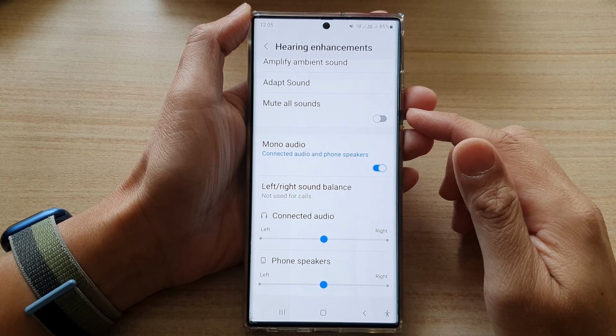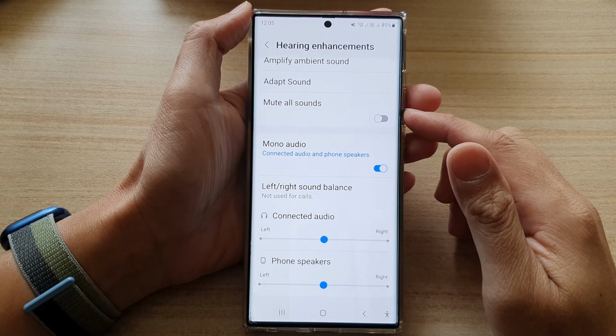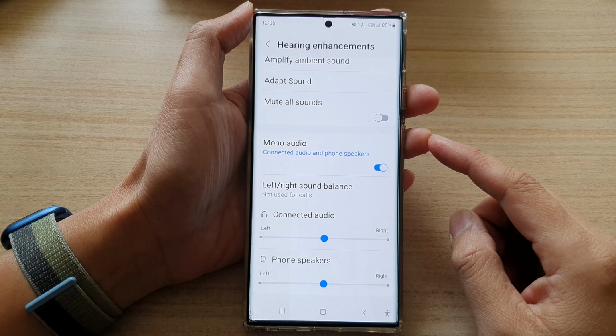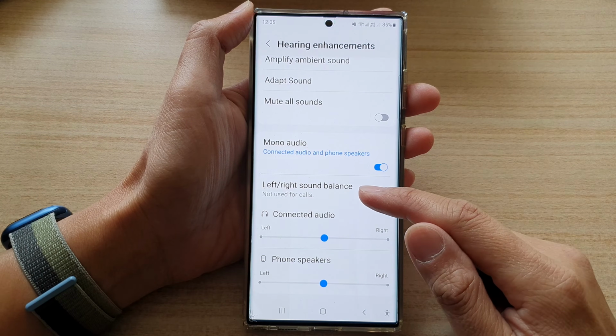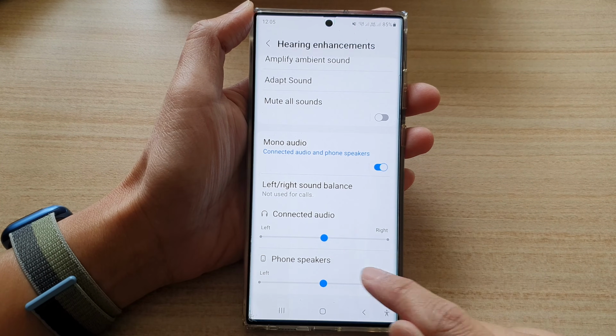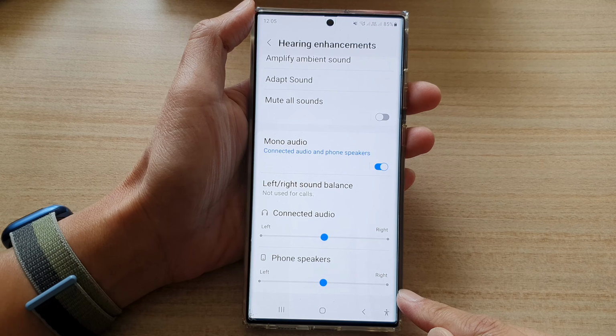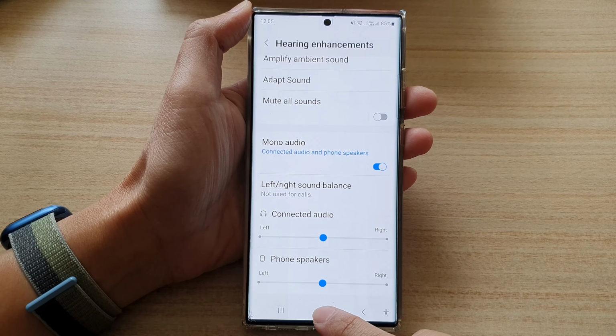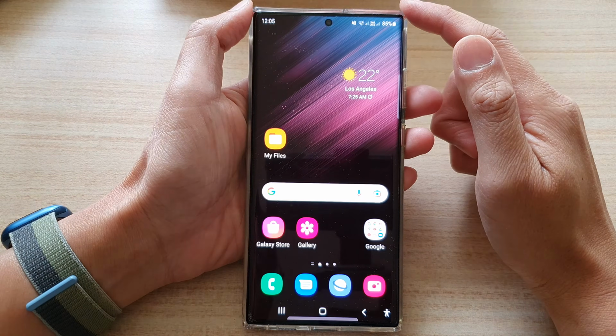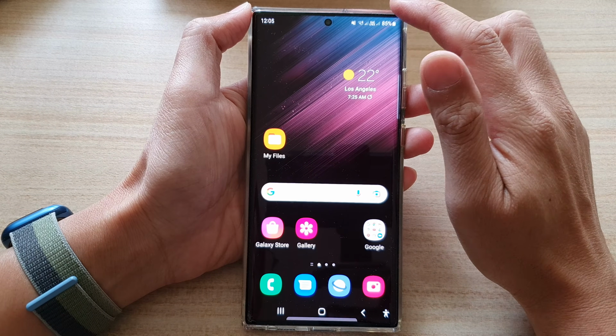Hey guys, in this video, we're going to take a look at how you can adjust the left or right sound balance for phone speakers on the Samsung Galaxy S22 series. First, tap on the home button to go back to the home screen, and from the home screen, swipe down